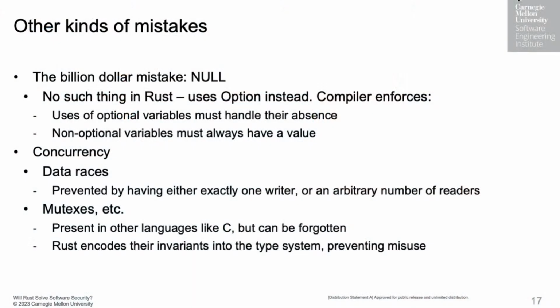So concurrency is the other big kind of mistake that Rust protects you against. Just about every programming language has the concept of data races. We have two different threads, both accessing the same memory at the same time. So in C, that can cause all kinds of weird things, like you wrote variables in one order, then the other thread sees the writes happen in another order. Or you write a variable wider than a word, another thread might see half of the write and half of the old value. All kinds of problems like that, all undefined behavior.